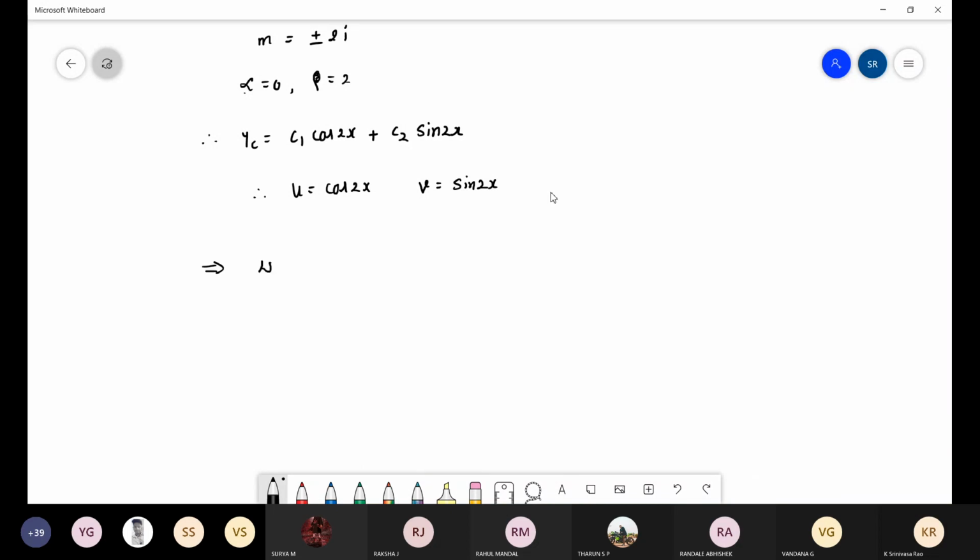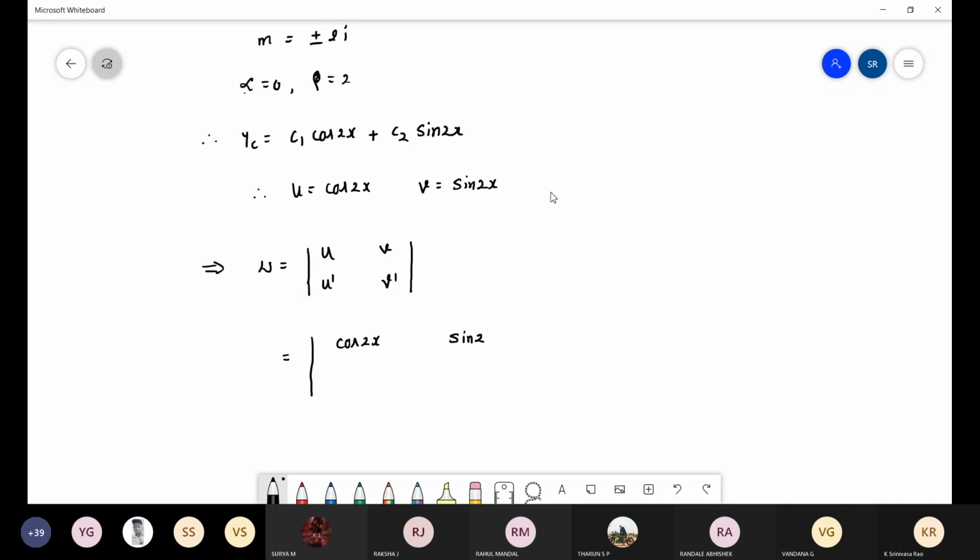This implies omega equals the determinant of u, v, u dash, v dash. So this is the formula of omega. So that is equal to, u is cos 2x, v is sin 2x,